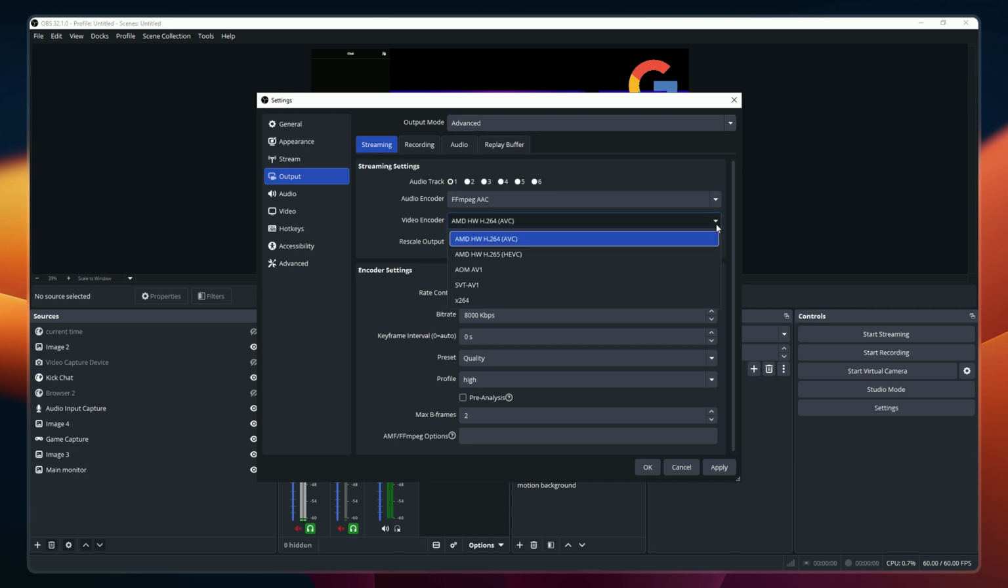Here's where you need to choose based on your graphics card. If you're using an NVIDIA GPU, select NVENC H.264 or NVENC AV1. If you have an AMD GPU, select AMD HW H.264/AVC. For Intel GPU users, select QuickSync H.264. It's important to avoid x264 if your CPU struggles while gaming, as this can cause OBS to crash due to